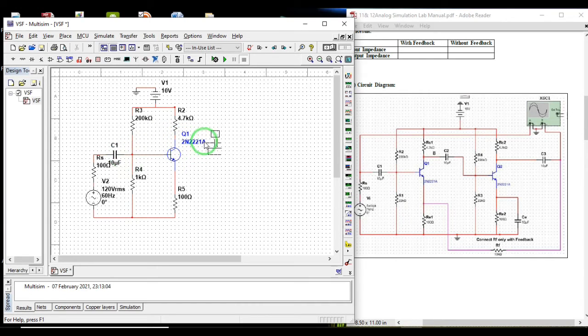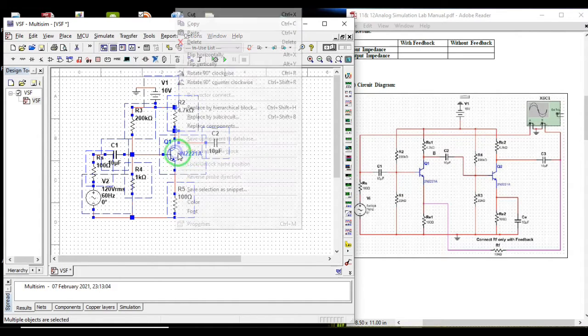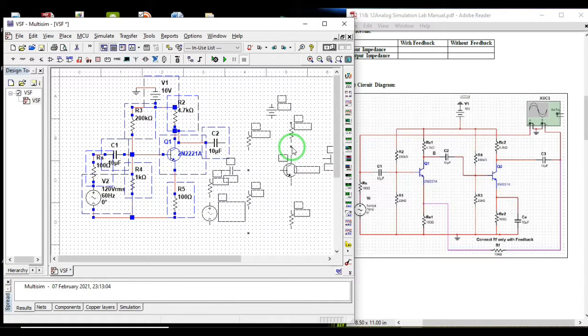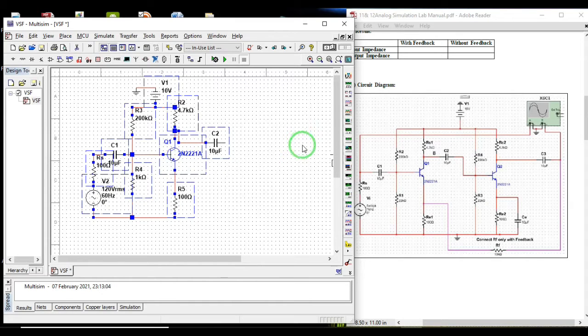I'll paste it. So I'll just move it upward. So I have, yes, these are the names. Q1 is the name of this transistor. I'll just drag it here. So this part is complete. Now what I'll do is I'll select this much. Yes, I have selected it. I'll right click and copy, and again right click and paste it. So if I paste, it will get something like this. Okay, and I'll place it here.